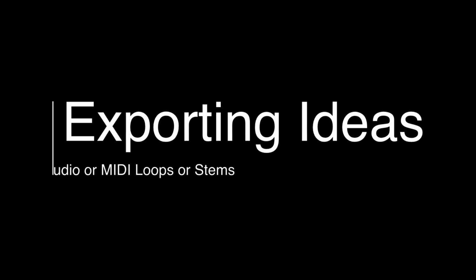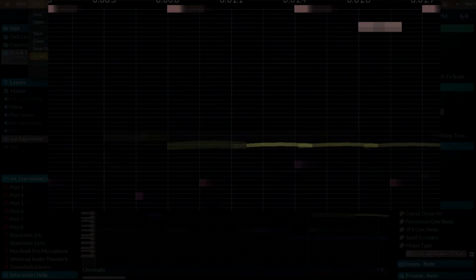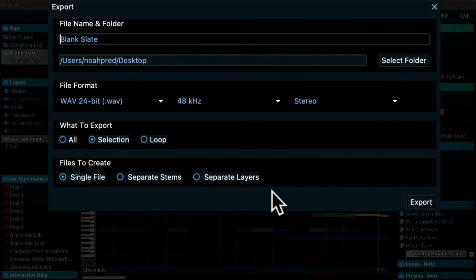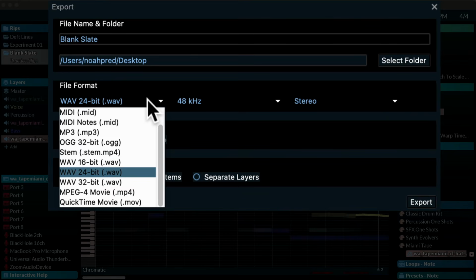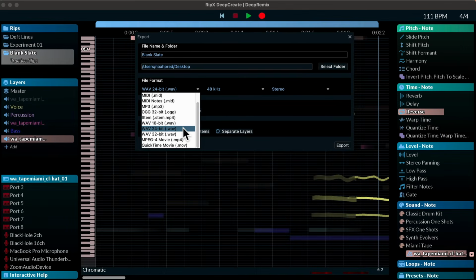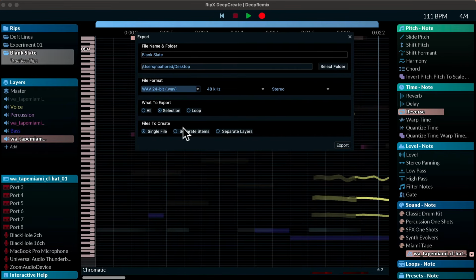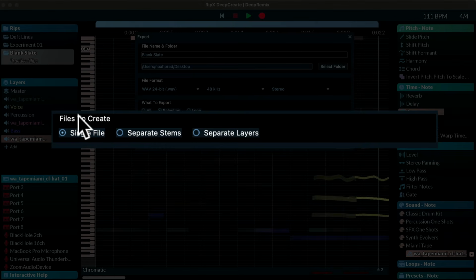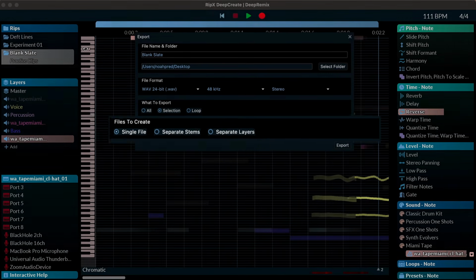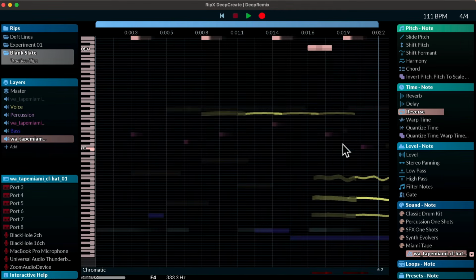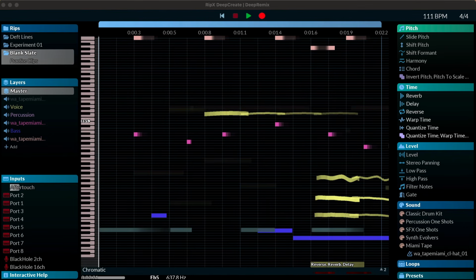And once you've created those unique ideas, you can simply go to the export menu and export to any number of formats. You can export your rips to MIDI. You can export to MP3, to WAV. So now I will select the 24-bit WAV, and I'm going to first create a single file and export that. And now,